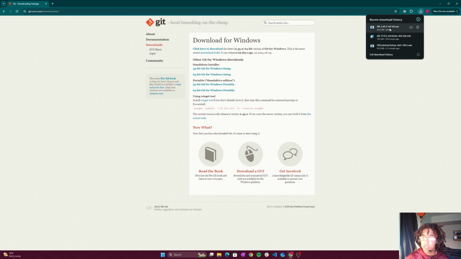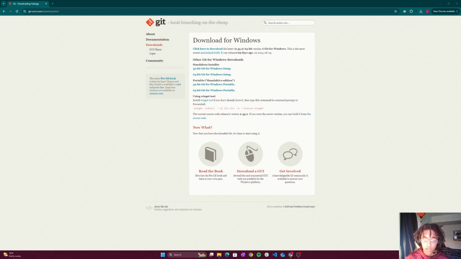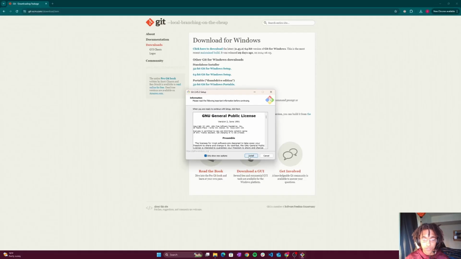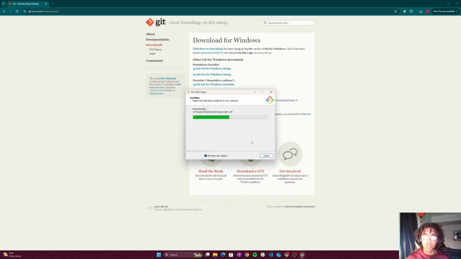Alright, and then once it's done installing, you're just going to click the executable. Alright, it's asking me if I want to make changes. I'm going to hit yes. And then just install. It's going to ask you like a lot of different ways of customizing your version of Git. We're just going to click through next on all of the prompts, and it's going to pretty much automatically install like the default version. For me, it didn't actually ask me that because I've set this up before,